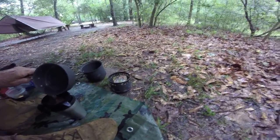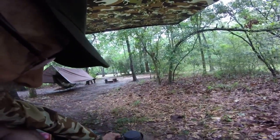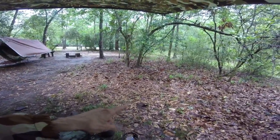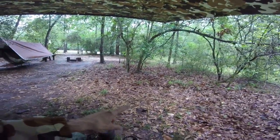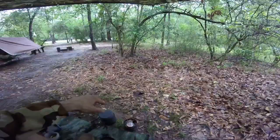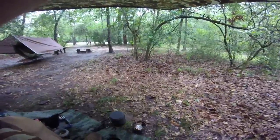There's a shot out there. Drain the tarp. I had the tarp low down earlier. Had it tied down to the ground. I have a tin stake somewhere in there. I can't see it from here, but it's down deep. I can see it if I get over close. Anyway, my earlier shot, if it took okay, then you can see I have it down. I'm not sure. This thing fogs up sometimes. In any case,